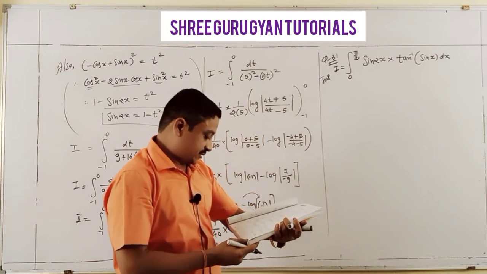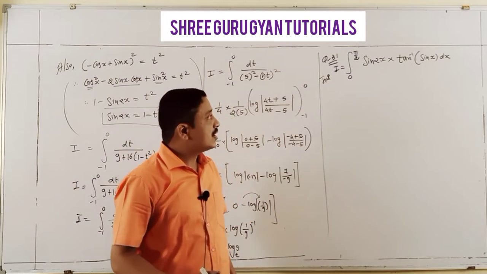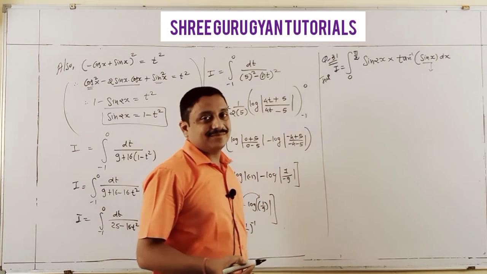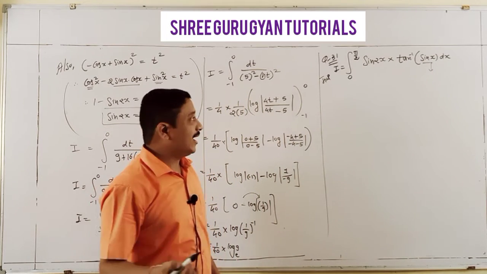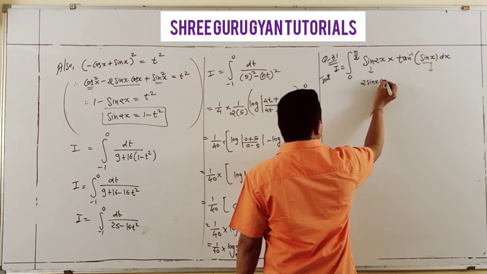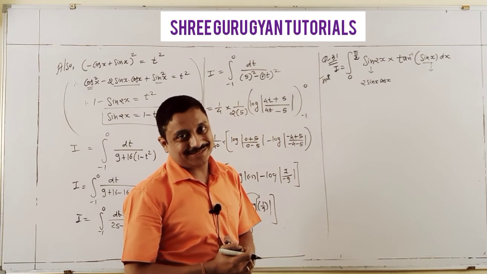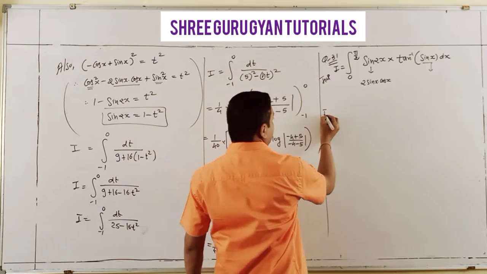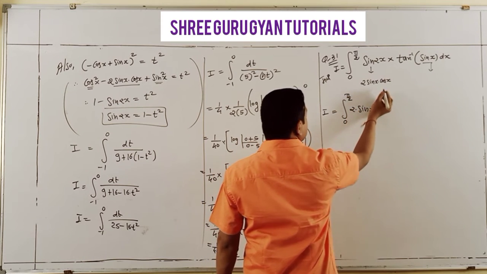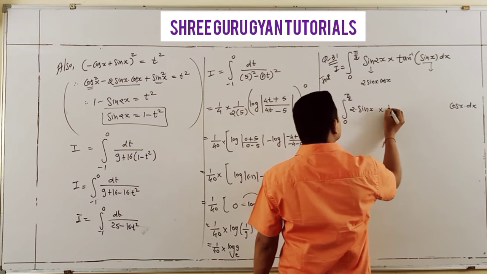Yes, sin 2x tan inverse sin x dx. First of all, I suggest thinking in terms of a composite function. Here students, think of sin x cos x, because the derivative of sin is cos x. So I first write down 0 to pi by 2, sin x, and this cos I write last, and the other the same, tan inverse